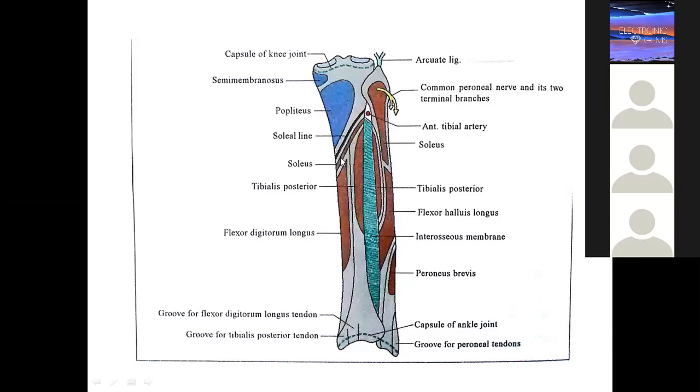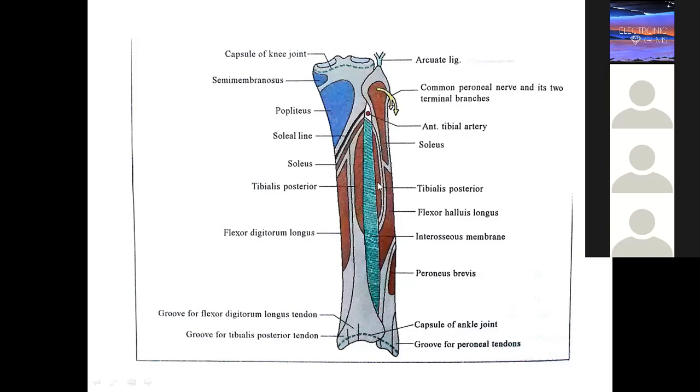That's the reason, if you can recollect that picture from the dissection hall, below gastrocnemius, at the back of the leg, we will see soleus. Between them you will see the plantaris tendon. Deep to which you will see Tom, Dick, Harry. What is that? Do you remember? Tibialis posterior, flexor digitorum longus, and flexor hallucis longus.